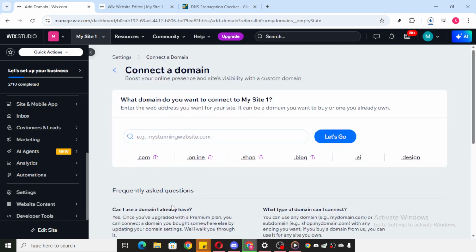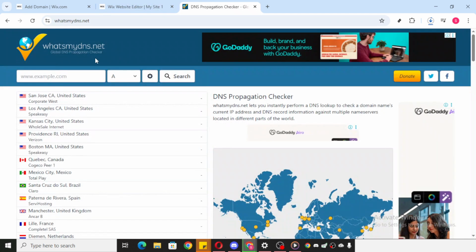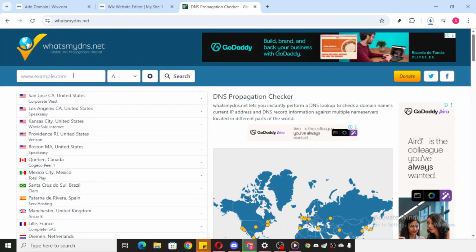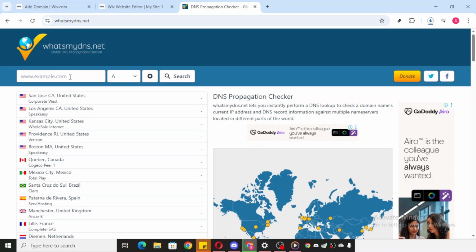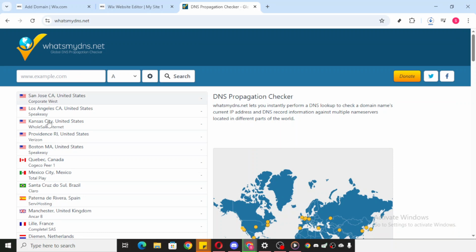In the search bar that you've spotted on the home page, paste the domain name you just copied. Once your domain name is securely in the search bar, you're ready to unveil the details. Press the search button, and just like that, you'll have access to a whole host of DNS records associated with